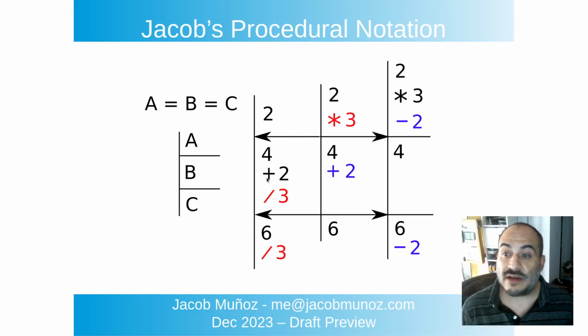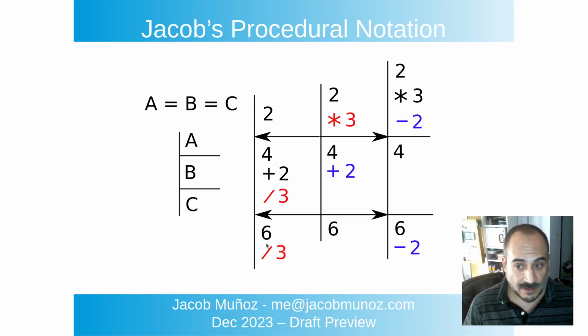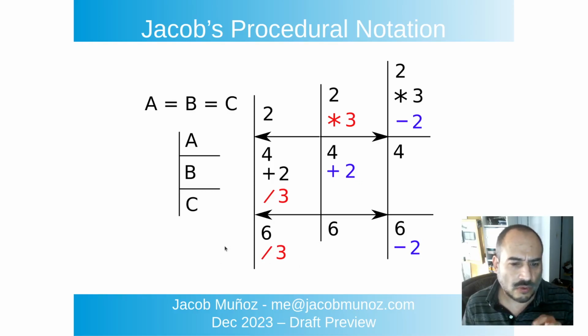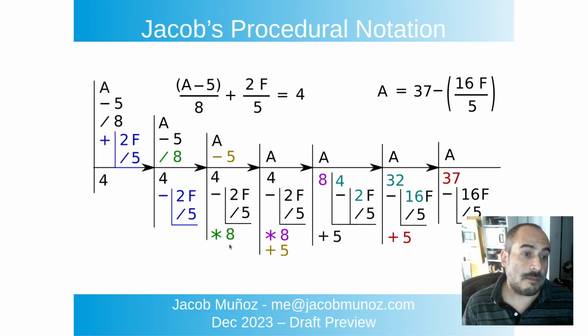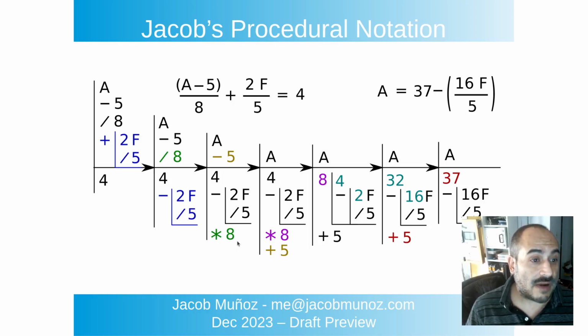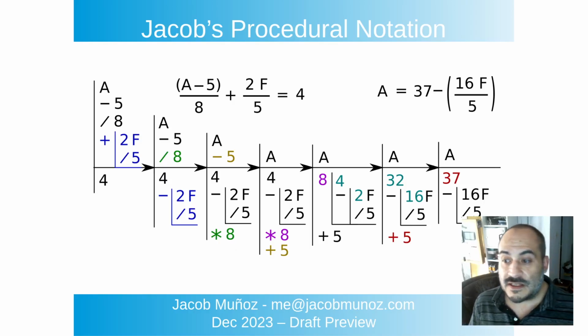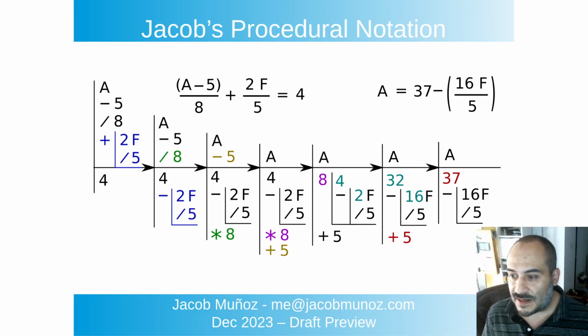If you run out of space and you need to word wrap, you just simply word wrap your line from one side of the page to the other, and there you can continue your formula and not have to worry about showing your work clearly. Your work is extremely clear. Here is balancing for A. I want to solve for A, and here I can simplify and go all the way to the end